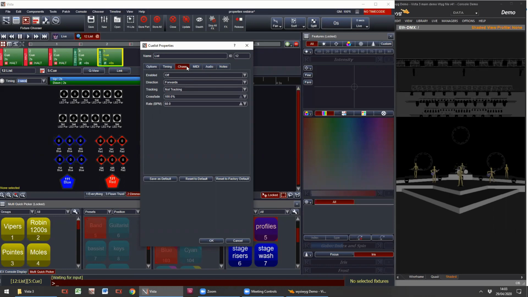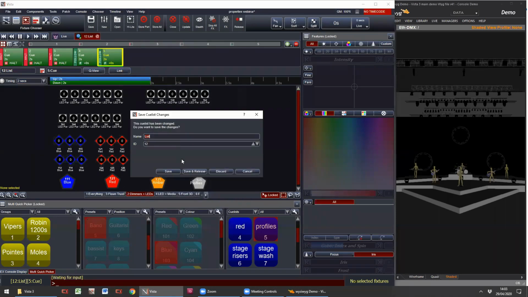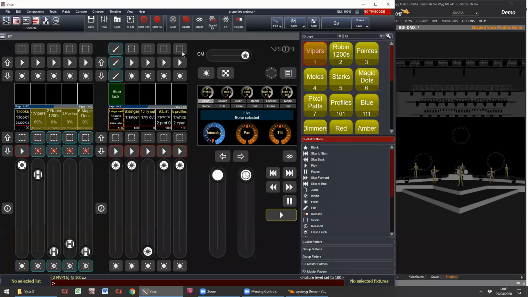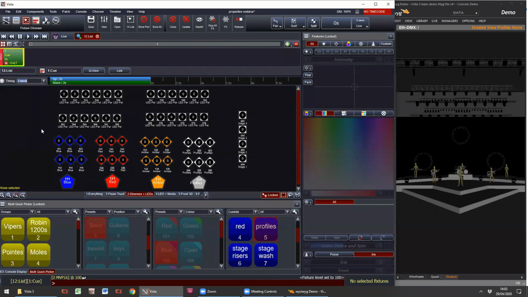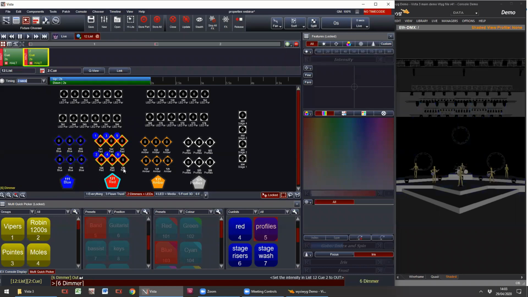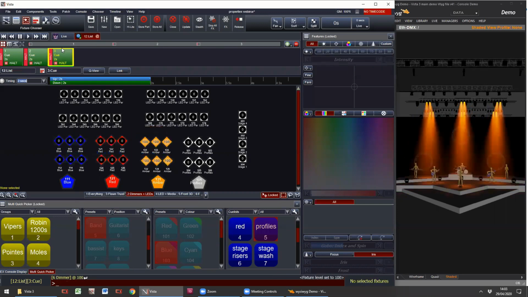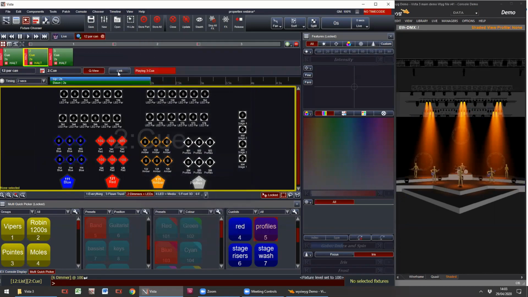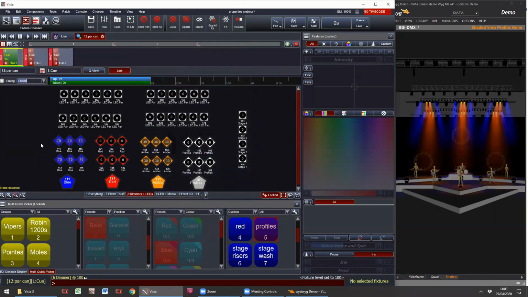Trace controls, I'm not sure if we've talked about this in any of our webinars actually, so we'll take a look at it. Let me just program a cue list as an example of this. Let's take a look at this. So we'll turn these blue lights on, then we'll add a new cue, we'll turn these off, add these on, turn those off, and add these on from here. So this is just my Par can cue list. Simply blue,